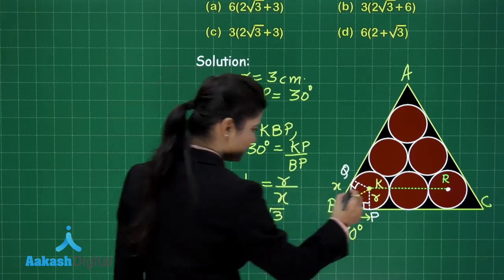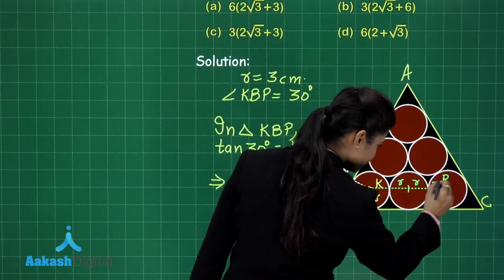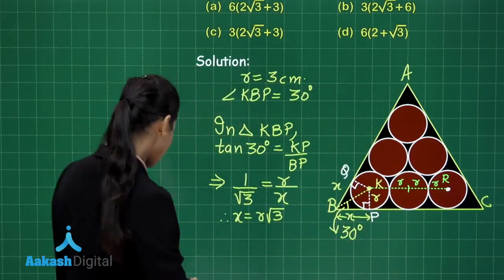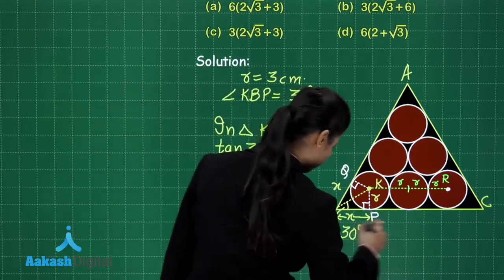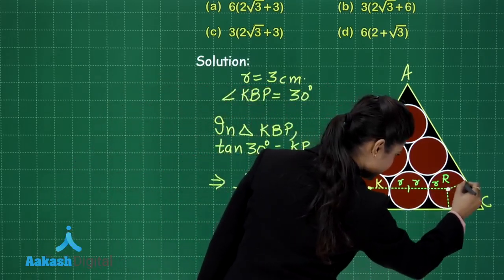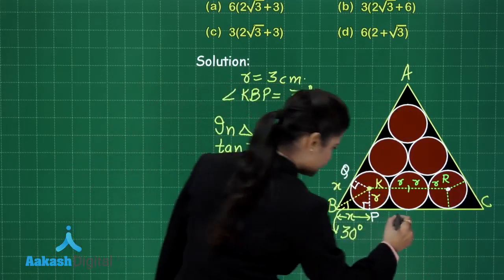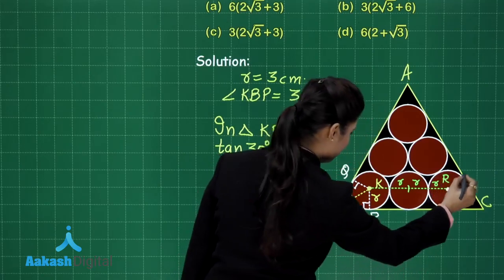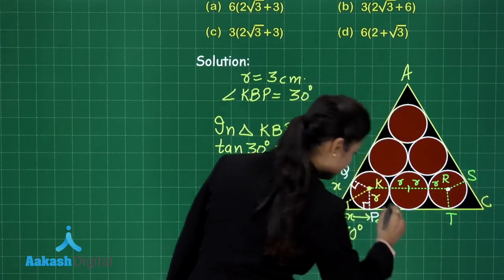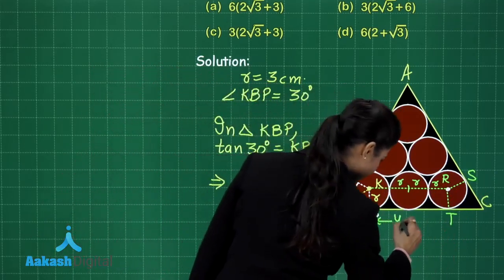If you observe here, this is r, here this will be r plus r, 2r, this is again small r, the radius. So total length of kr is here equal to, if you drop here the perpendicular like this, here you will get the similar formation, and here this total length, if I consider here r, let it be s, and here it will be t. So this pt will be equal to kr, which is equal to 4r.